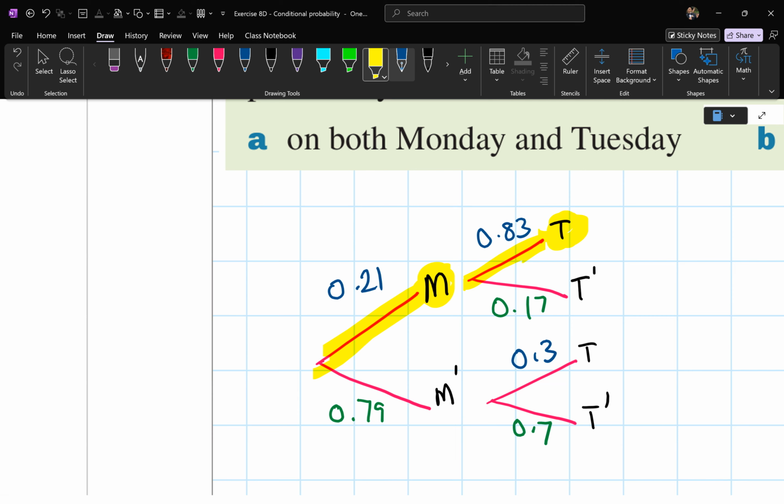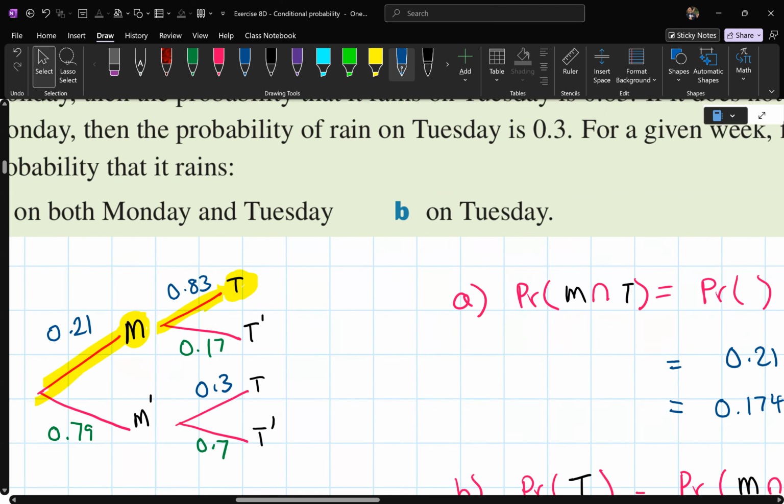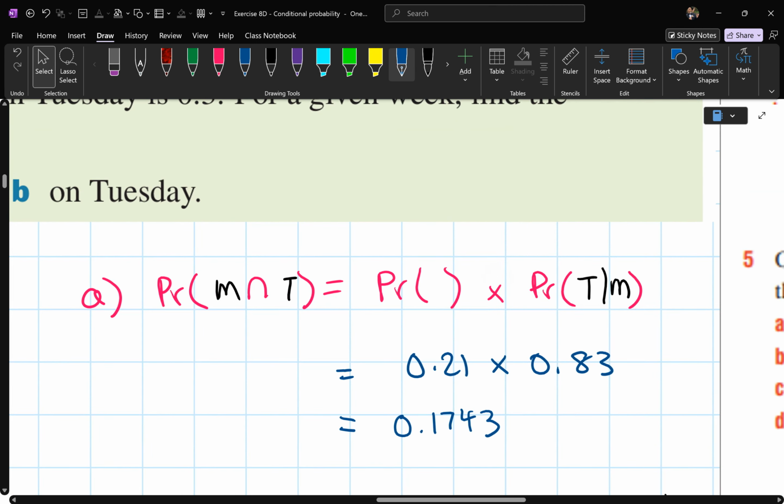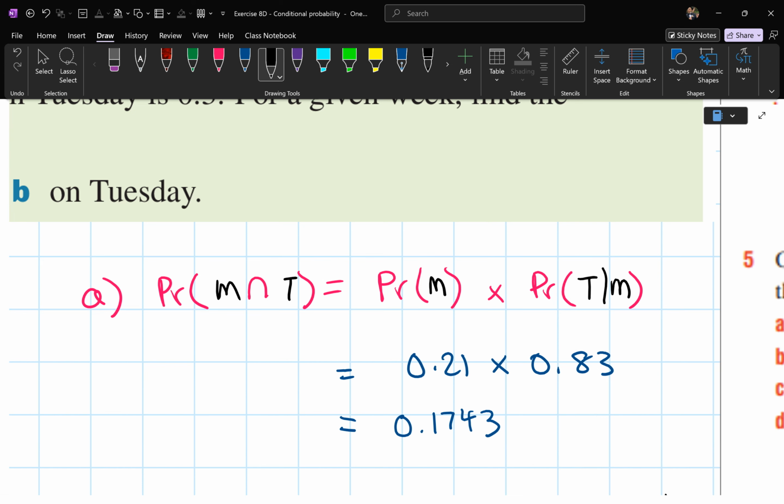So of means times. The probability of Monday raining and Tuesday raining should be Monday times Tuesday given Monday raining, which is 0.21 times 0.83,